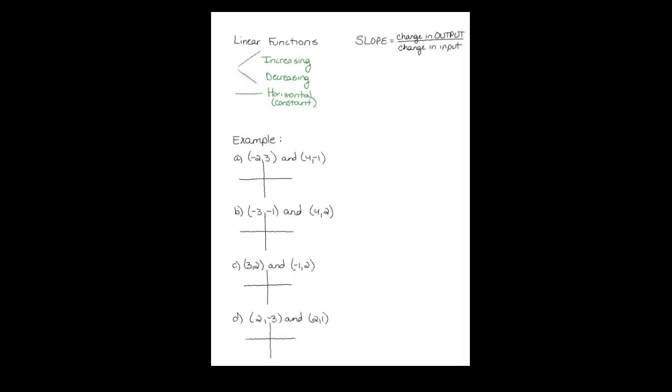Now, also in this chapter, we will be studying vertical lines. Now, a vertical line is technically not a linear function. It is not really a function at all. It fails the vertical line test. So this vertical line, I'm going to draw a little X through it. It's not a linear function. It's not even a function. So everything that we learn in this chapter, the vertical line is going to be the exception to every rule